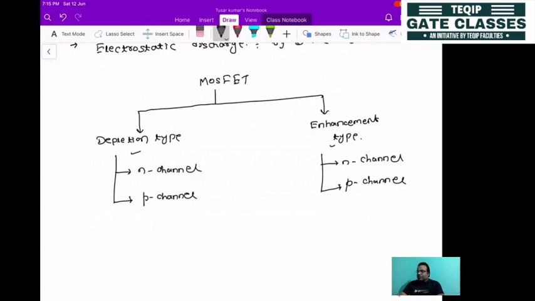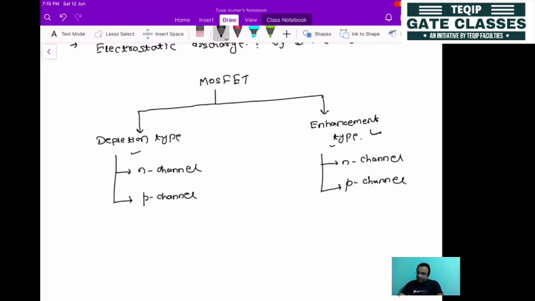But you will come to know that as far as power electronics is concerned, enhancement type MOSFETs are preferred compared to the depletion type MOSFET. We'll see the reason for that, because that is one of the popular questions asked: why enhancement type MOSFETs are preferred when the MOSFET is supposed to be used as a switch rather than the depletion type MOSFET. That we will also discuss one by one.